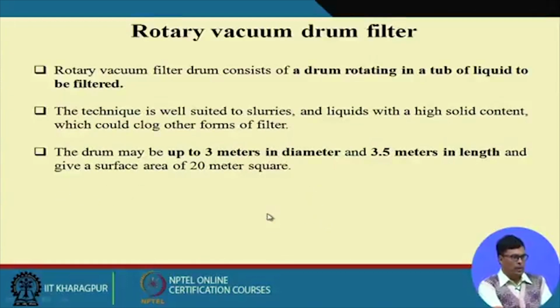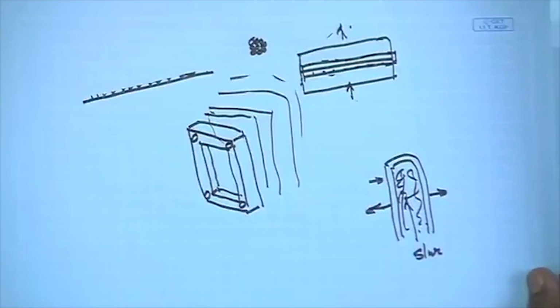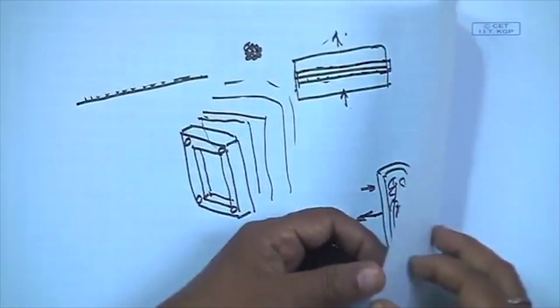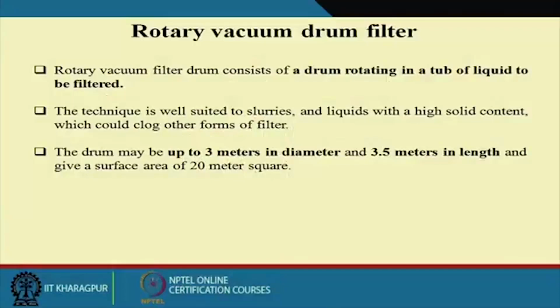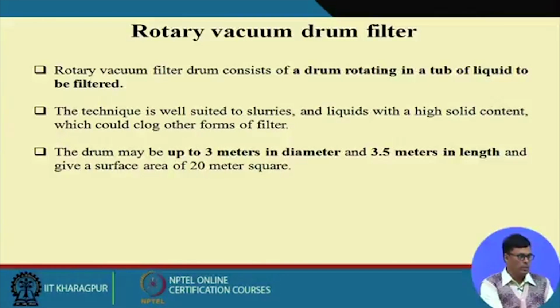Then the rotary vacuum filter. This is another very important filter that is used for the separation of the cell mass. Particularly, I want to mention that most antibiotics are produced with the help of fungi. I can give the example of the penicillin industry. Penicillin is produced by Penicillium chrysogenum. Streptomycin is produced by Streptomyces griseus. So they are all fungi, and these fungi are the bigger particles that can be removed with the help of